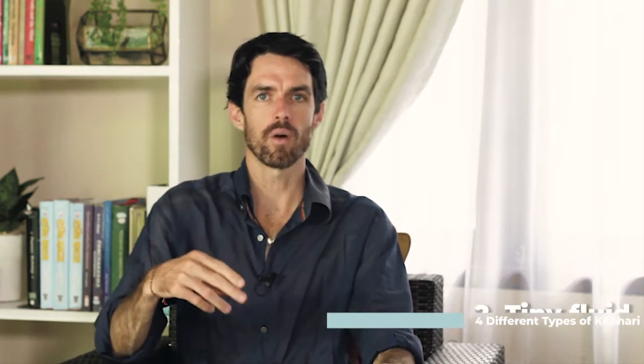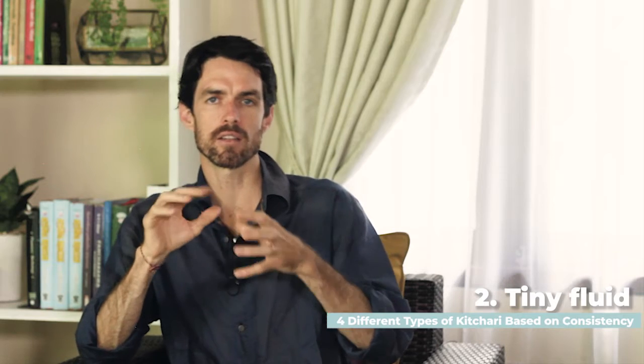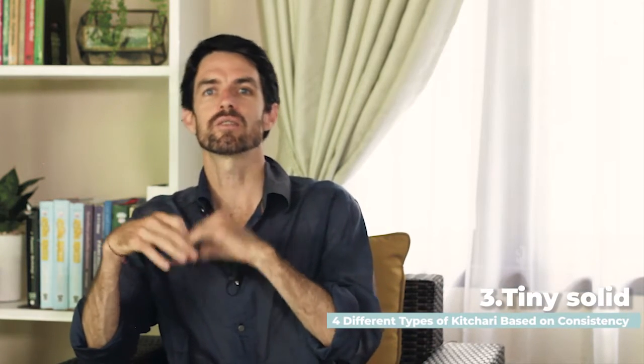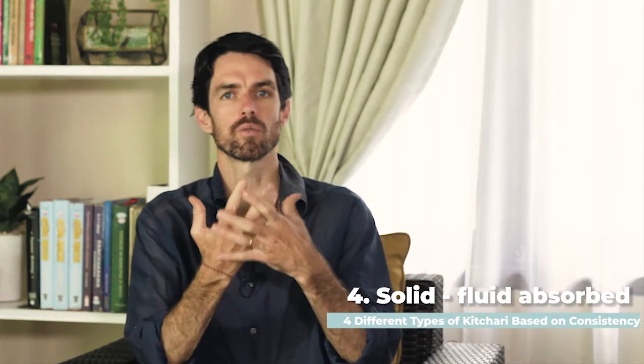And then the second one is where there are some solid pieces in there. You can just see there's an occasional piece of rice and a few bits of legume, but it's still predominantly liquid. Then the third one is where it's mostly solid, but there is still maybe a quarter liquid. It's still fairly liquid amongst the portion. And the fourth one is where it's fairly solid and the liquid is now absorbed into the rice and the